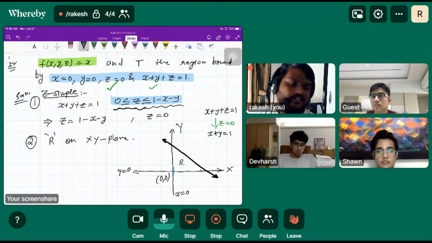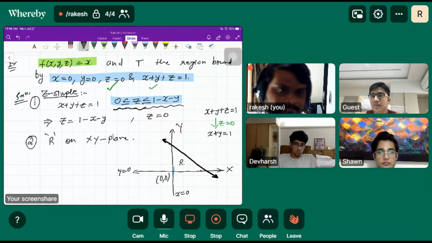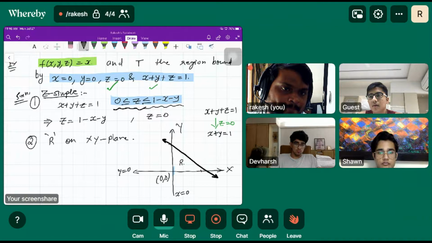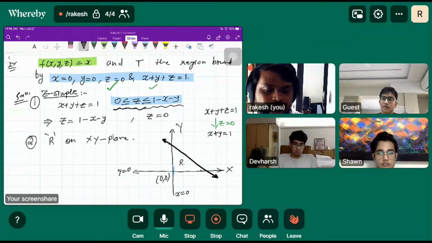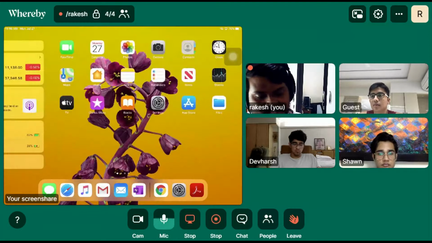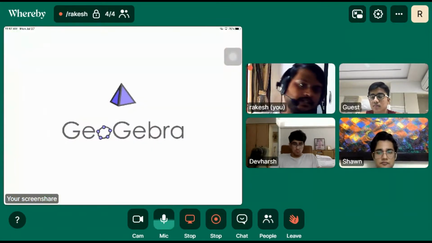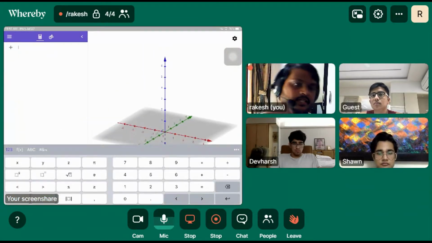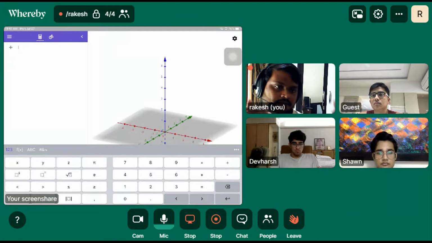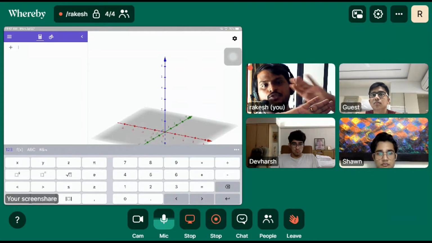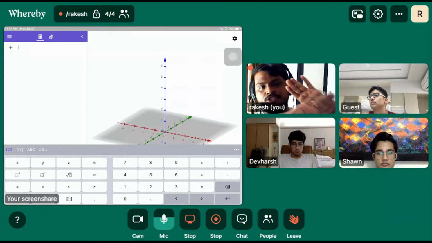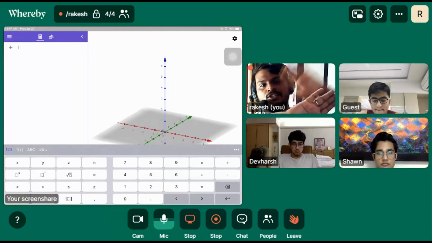I need to explain that 1 minus x minus y is always above 0. So for this reason, it is always a surface above the region. For that reason, for R, which I have drawn as a triangle, that surface, z is equal to something, is z equal to 0 on the xy plane and z is equal to 1 minus x minus y above this, right? Like this, it is going like that.